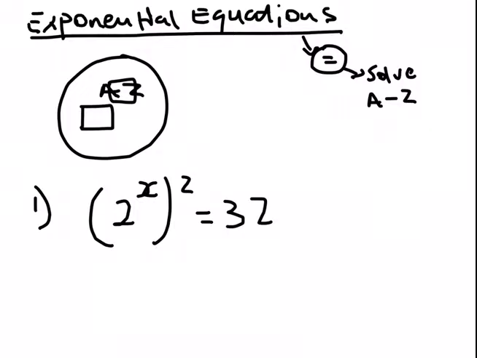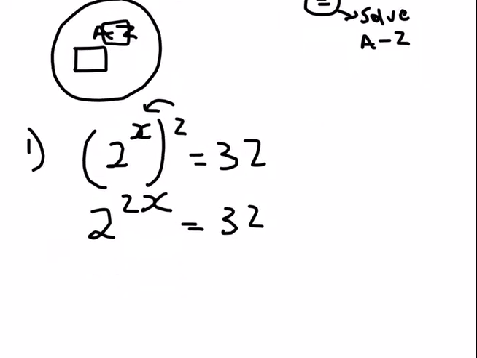So you look at this structure where you have the brackets, and you remember that law which says you multiply their exponents. Then you end up having 2 to the exponent 2x, because 2 multiplying by x is 2x, and this equals 32. So you no longer have the brackets. What you need to do is make sure that the bases are the same. So you might need to rewrite this 32 in the form of something to the power of something. Based on my experience, because this 2 has to be the same as the other one on the other side,